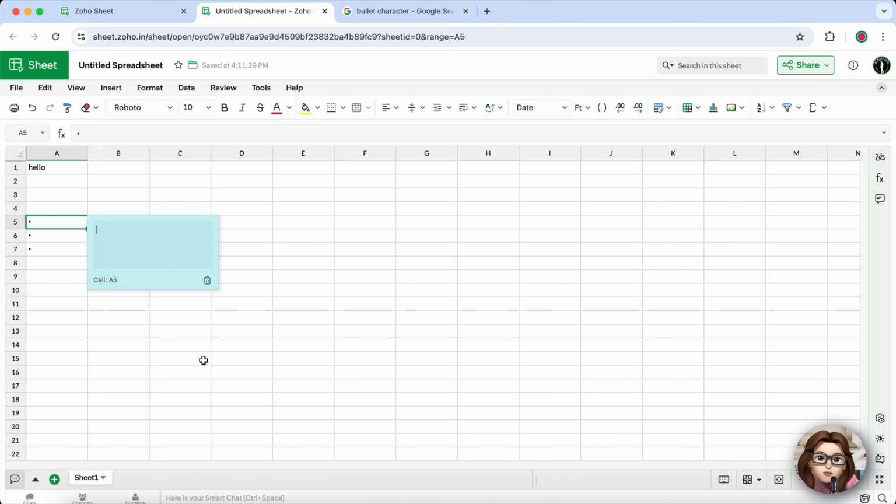While this isn't automated list formatting, it's an effective and clean way to create bullet style lists until Zoho adds a